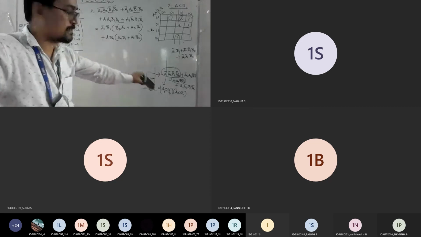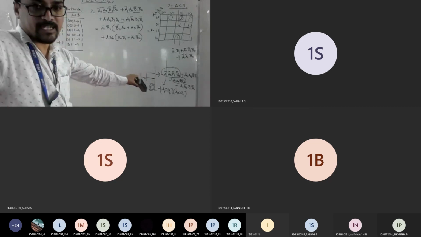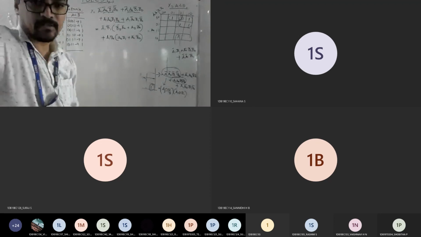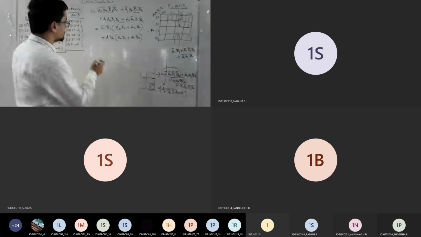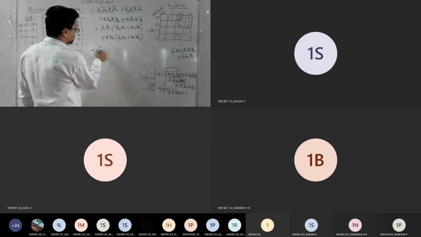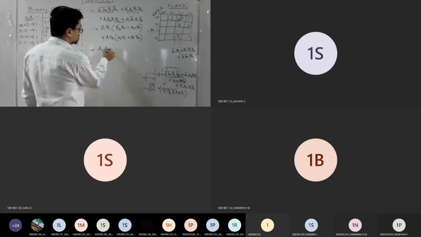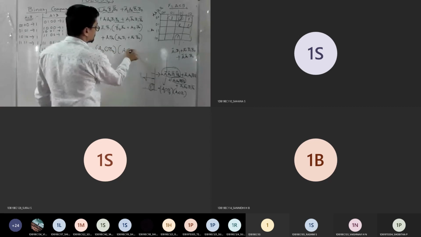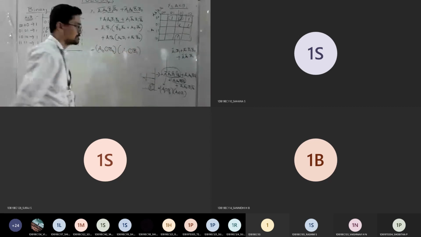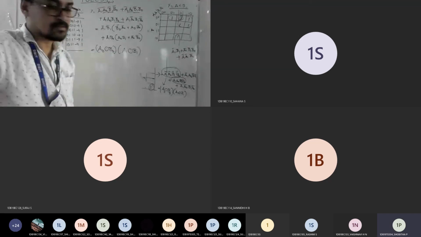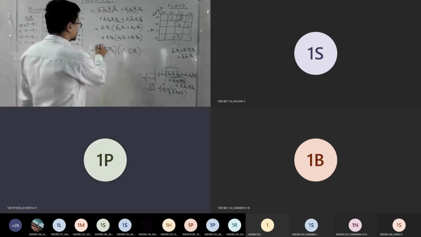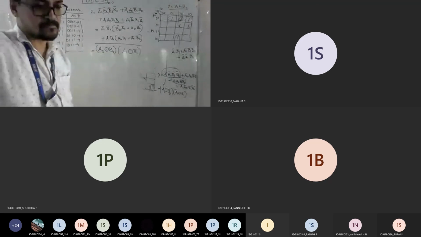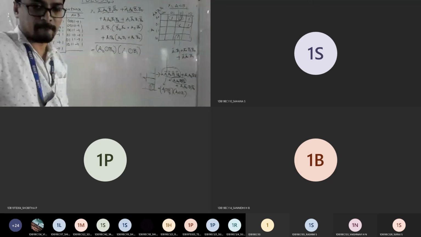Can I write the term that I wrote there as A0 XNOR B0 into A1 XNOR B1? Can I write this in this way? I already wrote the answer, right? Just check, is it possible? Can I write like this? Sir, whole bar. Is it correct? Will you get whole bar?